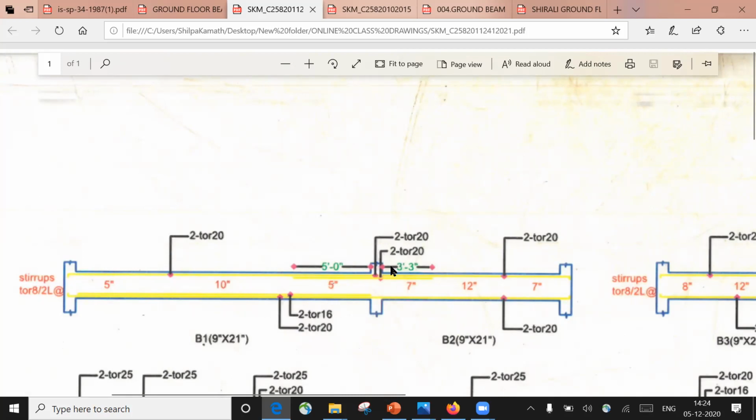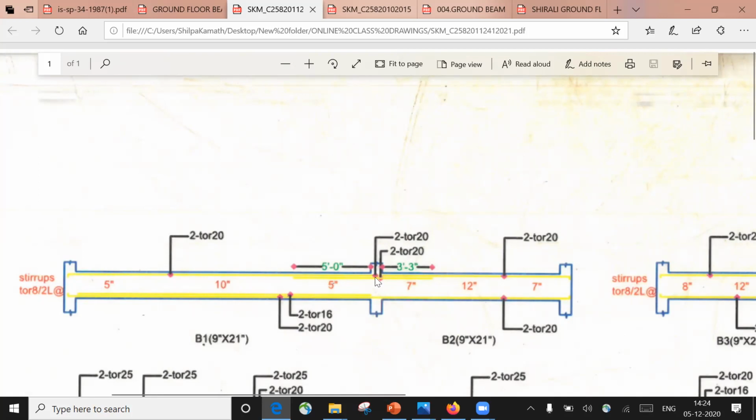Look at this. This is the center of the column. This is my first column, this is my second column, and this is my third column. This is my center column, right? So the extra bar what we saw right now, I told you that that bar has not gone completely. So you can observe it carefully here. Look at here. So this bar, you can see the yellow color. It is in the second region. This is my first bar. You can see one more yellow line here, right?